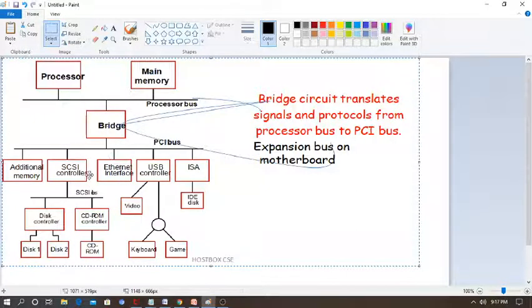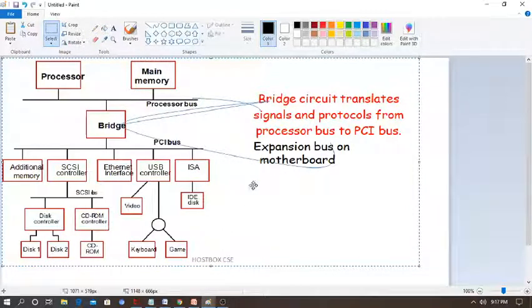So just now I told you the SCSI controller is connected with the help of the SCSI bus to the disk controller and CD-ROM. Remember, I want to add some additional points if you want to note them in the notebook. SCSI, the Small Computer System Interface, always follows the daisy chain scheme, which is always based on the highest priority. Whichever has the highest priority will be given the data transfer permission.